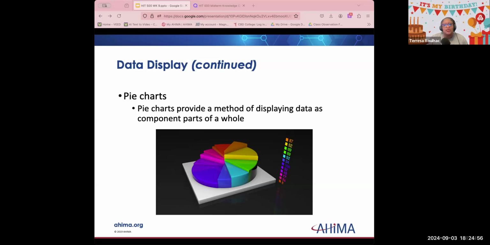And the example that I have for this one is looking at disease types. So a pie chart can illustrate the distribution of different types of diseases within a patient population. Each segment of the pie could represent a specific disease category, providing that quick visual overview of the prevalence